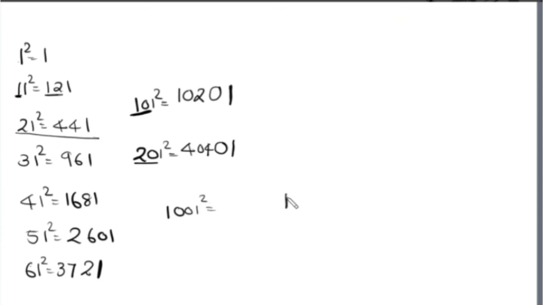Okay. Now let's see what will be 1001 square. Last digit will be 1, isn't it? Then what is the remaining number here? 100, right? So double of 100, it is 200. 200, we'll be writing 0 only. 20 is carry, isn't it? Then 100 square, what is 100 square? 10000, right? But 20 is coming, isn't it? So 100, then 20. So for any squares of numbers ending in 1, you can use this method.